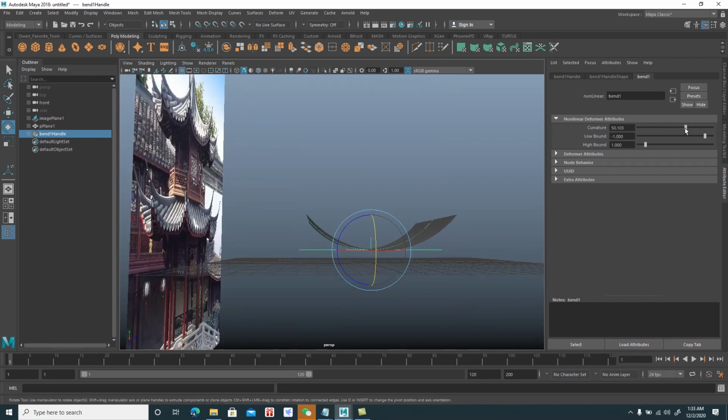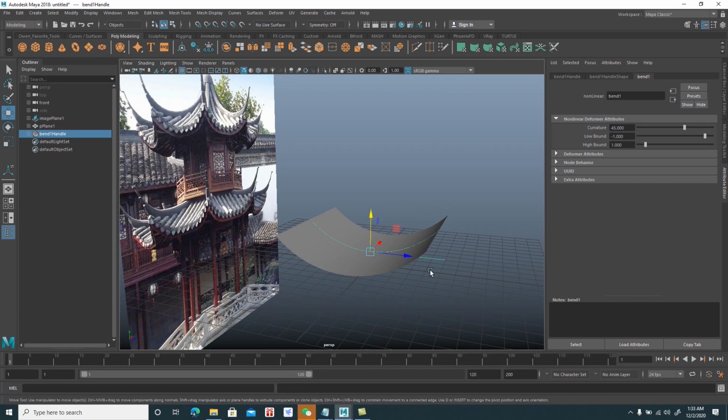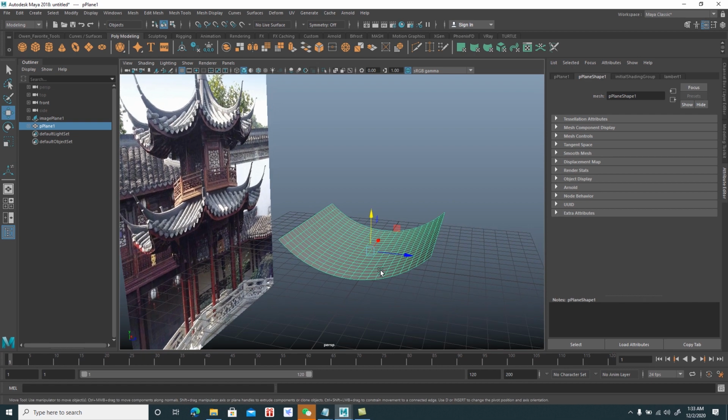Okay, just enough, maybe 45 degrees. Okay, 45 would be okay, and I'm liking that one, so I'm going to select my mesh, delete history, and from here I can rotate it